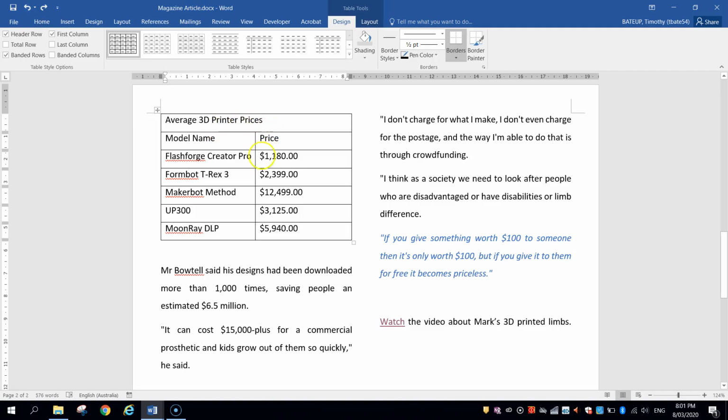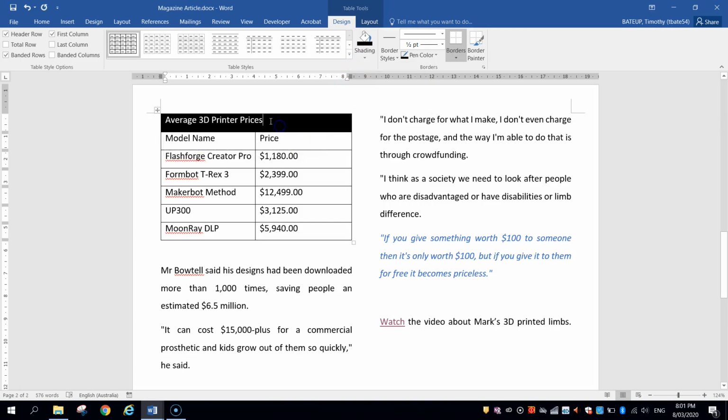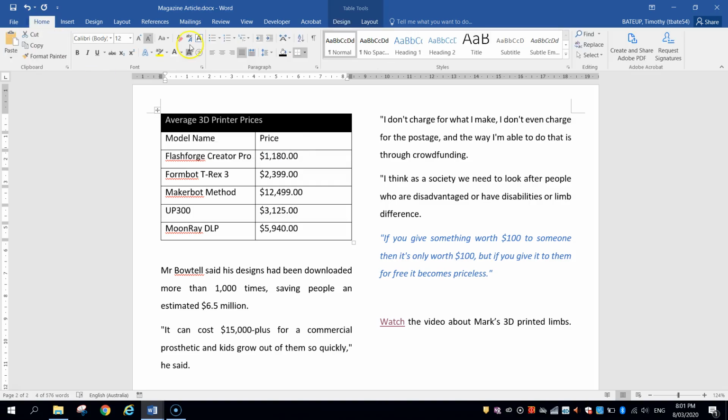And I'm going to color this table in myself. So I'm going to highlight the first row. And I'm going to go to the shading tab here and choose black. Now automatically it should make your text white so you can still see that heading. If it doesn't, just go back to your home tab and you can change your text color to white so it stands out. I also want this to be bold, so I'm going to make that heading bold and center align it by choosing that center option there. So that makes it the heading of my table.